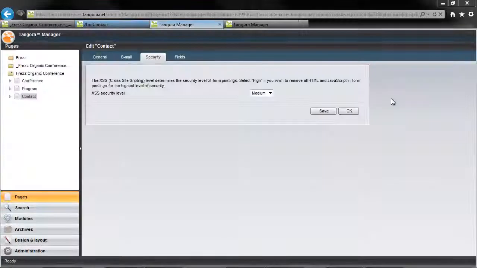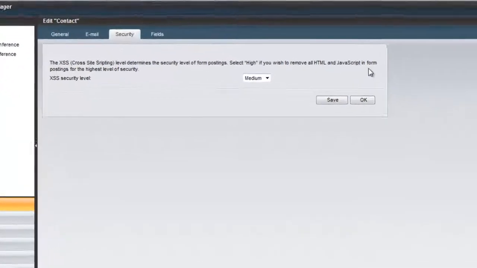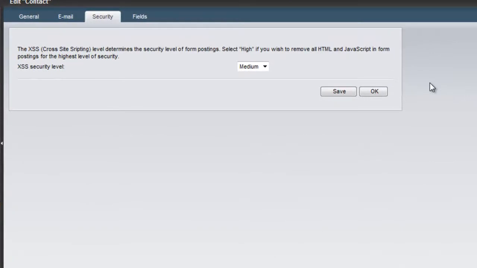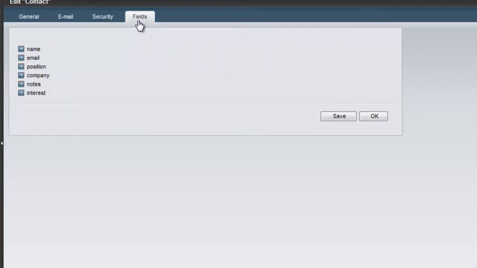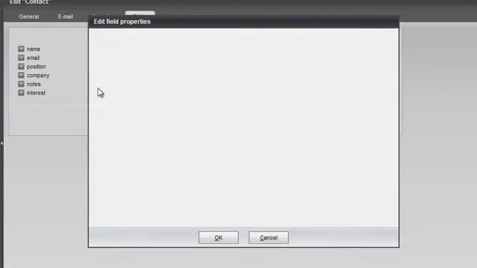But allow me just to round out our discussion and mention a few more options and quickly give you a little context about the centrally defined form in relation to form pages before later on we'll look into the topic of designing our form. Okay, just quickly here, the Security tab refers to what kind of data can be sent, specifically if HTML or scripts can be submitted. Just leave it at the default unless you know that you have particular needs one way or the other. The Fields tab allows you to change the attributes of a selected field.